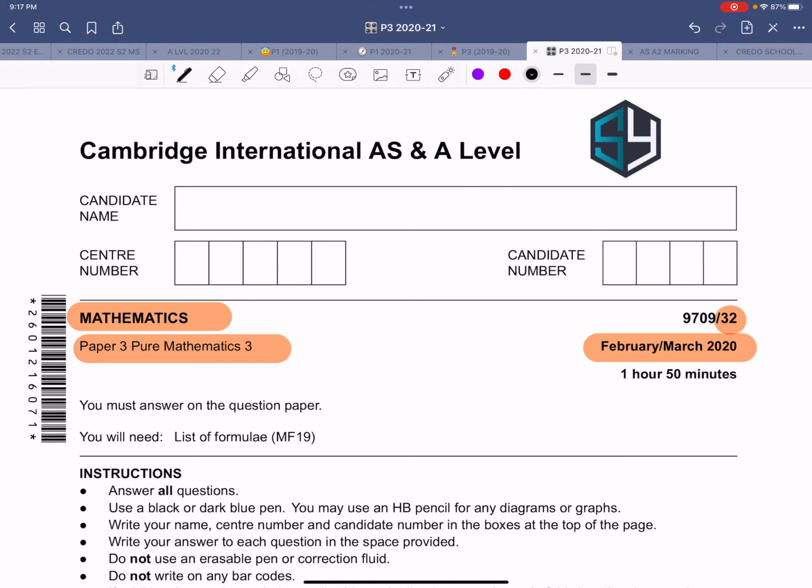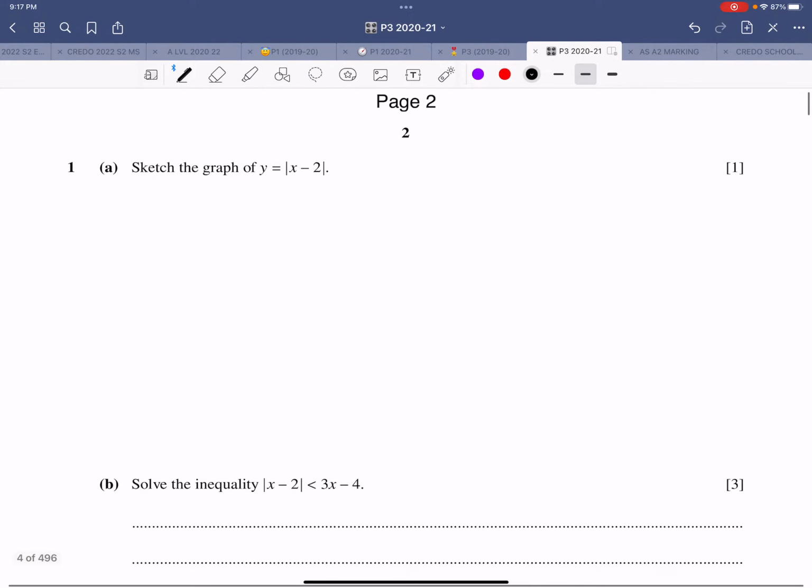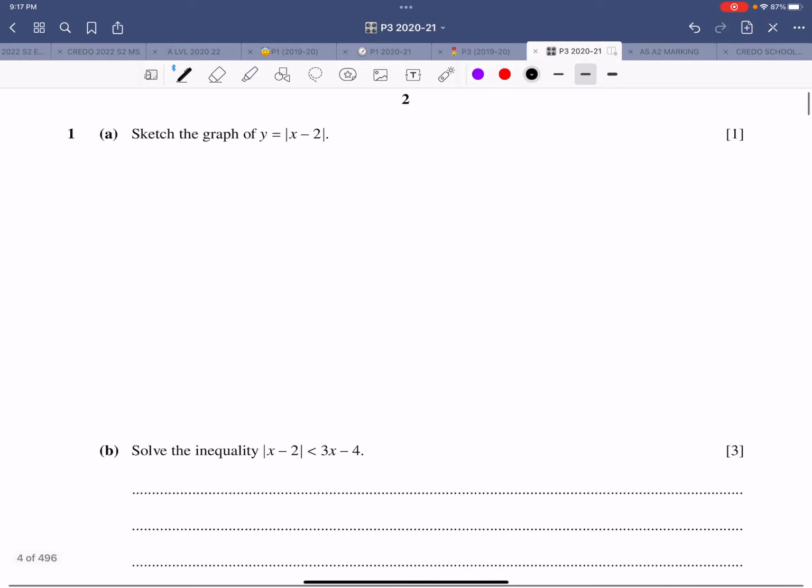We are starting with the yearly past paper revision of P3, Pure Maths 3, and we are starting with February-March 2020, the second variant. So let's get started. Let's look at the first question. The question says, sketch the graph of y equals modulus of x minus 2, and then it says solve